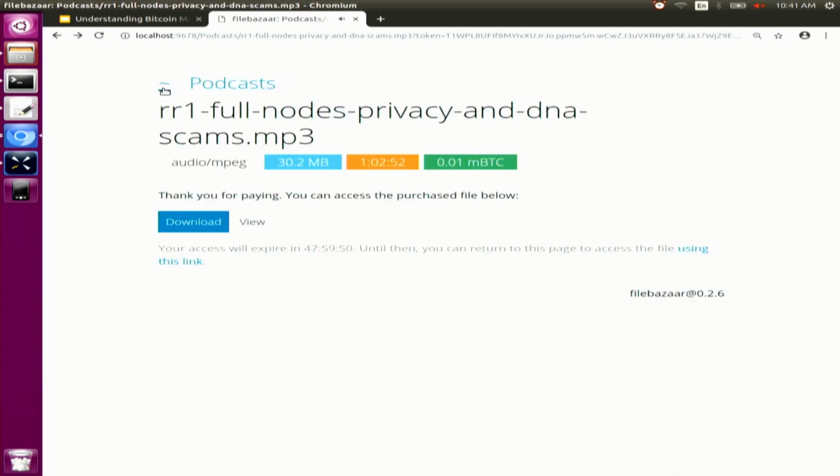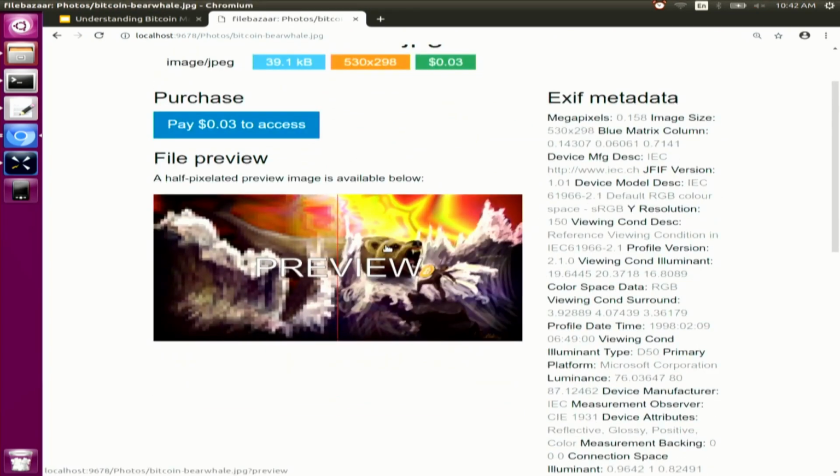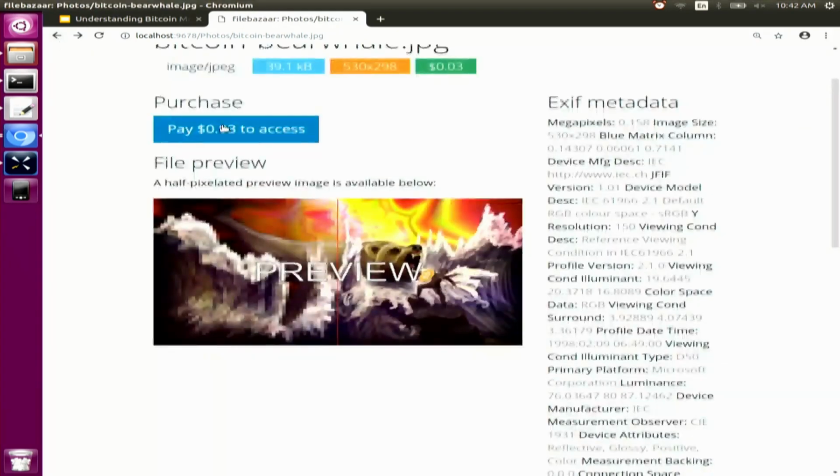I actually wanted to show another example in the case of an image file. In the case of an image file, FileBazaar will pixelate the left half and add the preview text on top of it. And again, we can,